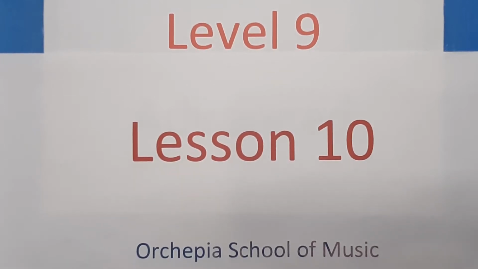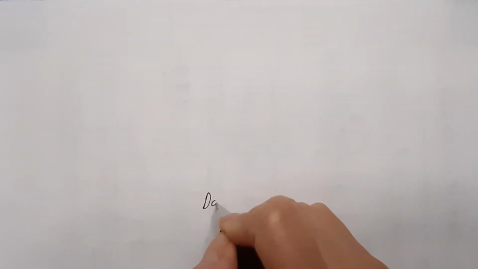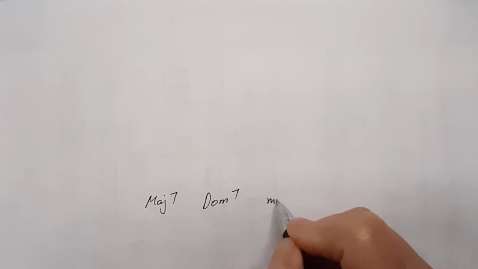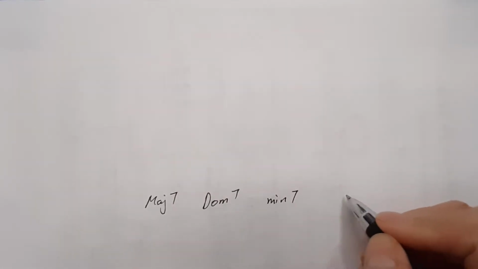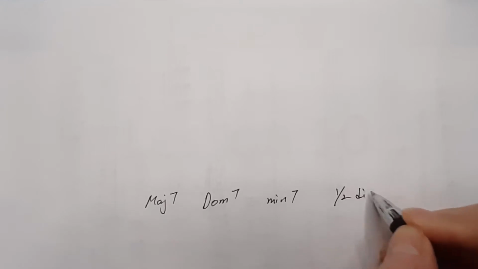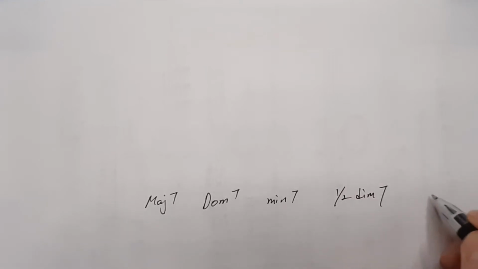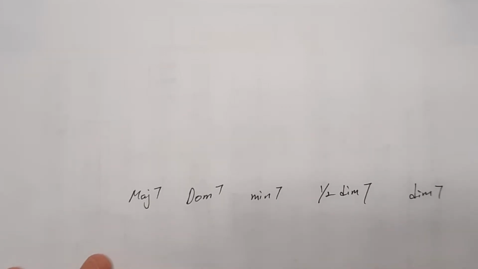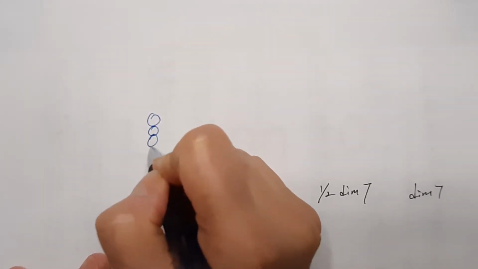All right, today we're going to continue with the seventh chords. Okay, here, remember there's dominant seven, and there's major seven, there's a minor seven, okay, and half diminished seven, and full diminished seven, right? Now you tell me. Now, when you have four notes like this,